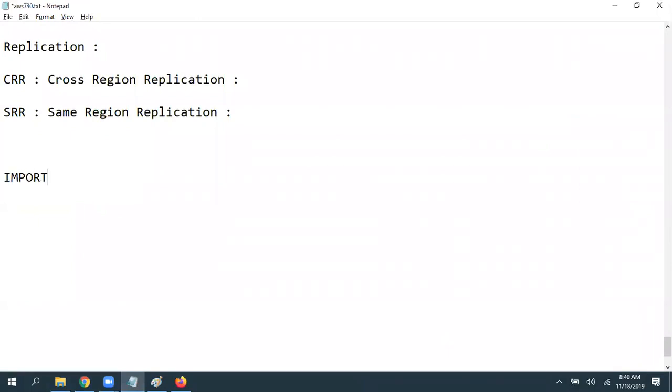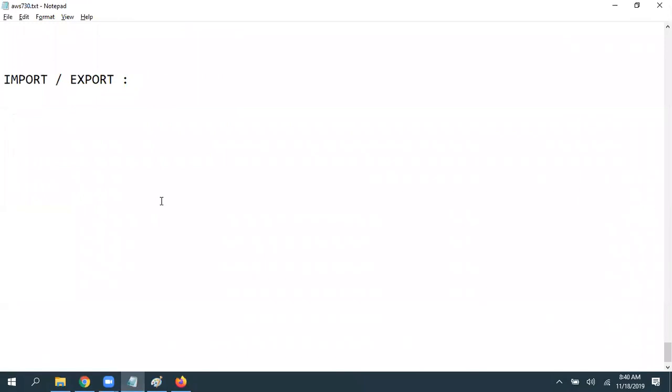Simple import or export is nothing but sending all our data to the S3 platform, or getting all our data from the S3 platform to on-premise. When coming to import or export, earlier Amazon used to accept our own hardware devices, but nowadays Amazon is not accepting.